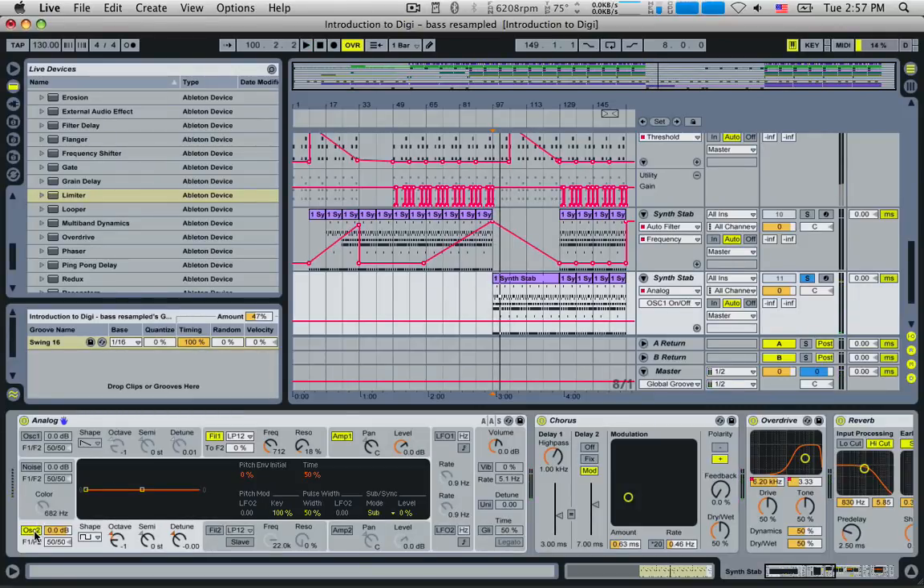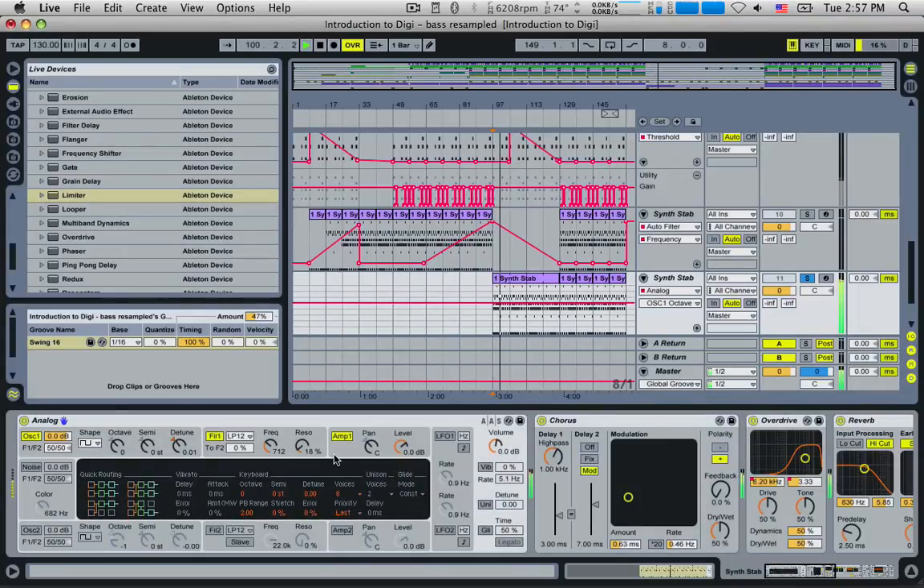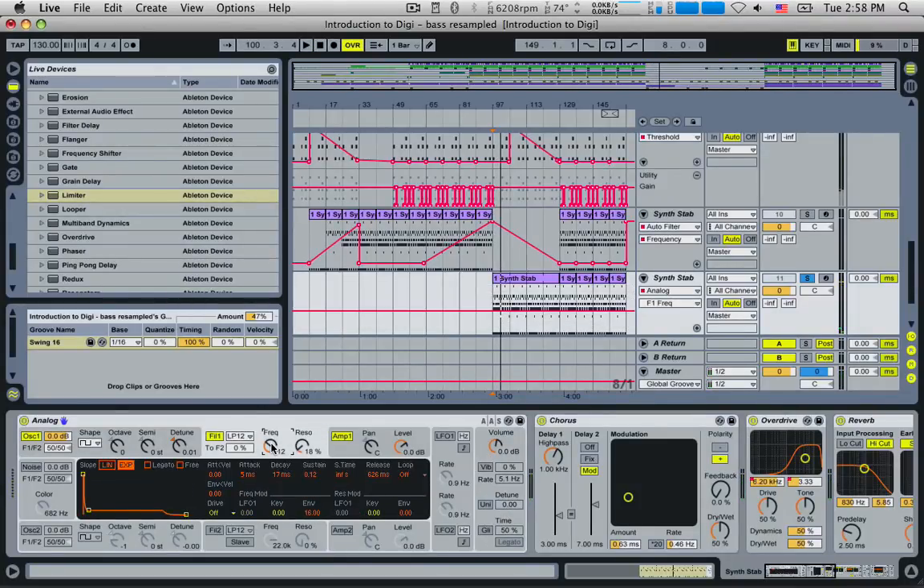Actually, let's work with oscillator 1. Change it to a square wave. Let's make it an octave up. Let's move this filter around, see what it sounds like. Not bad. If we play with the envelope of the filter,